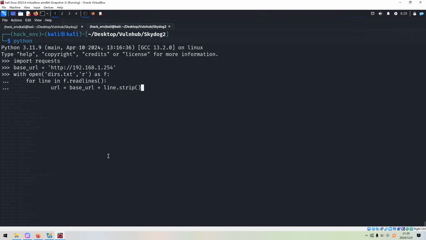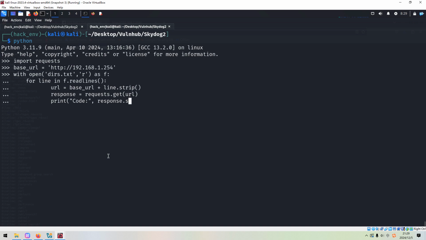We need to strip any space, and then response would be requests.get(URL), and we can print out the